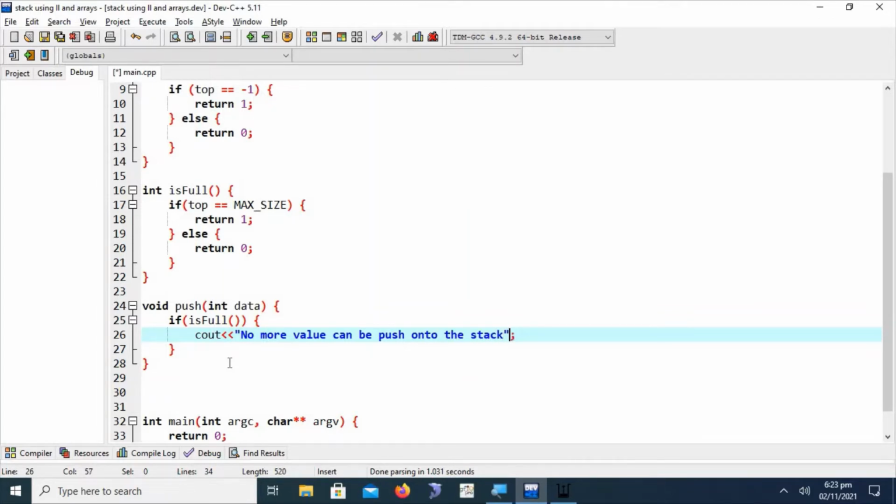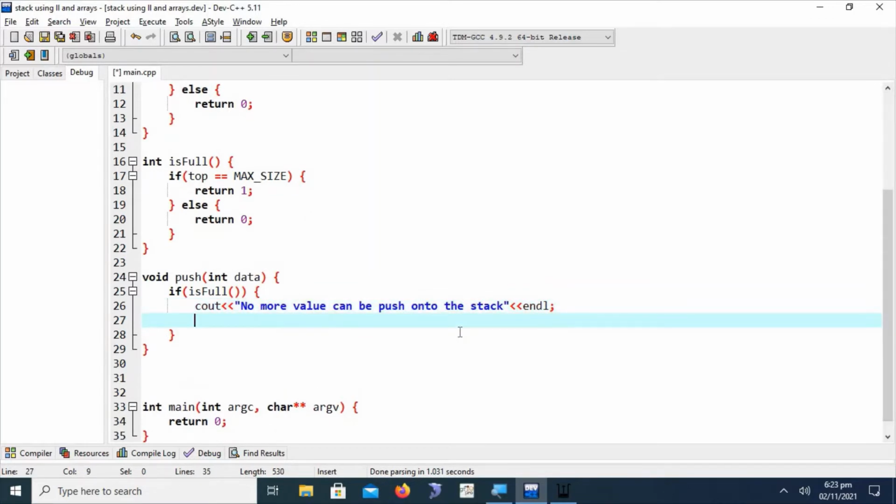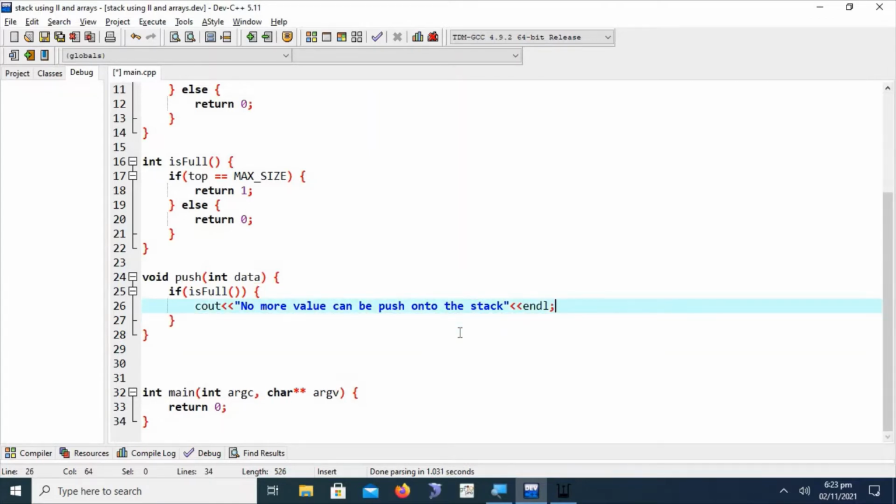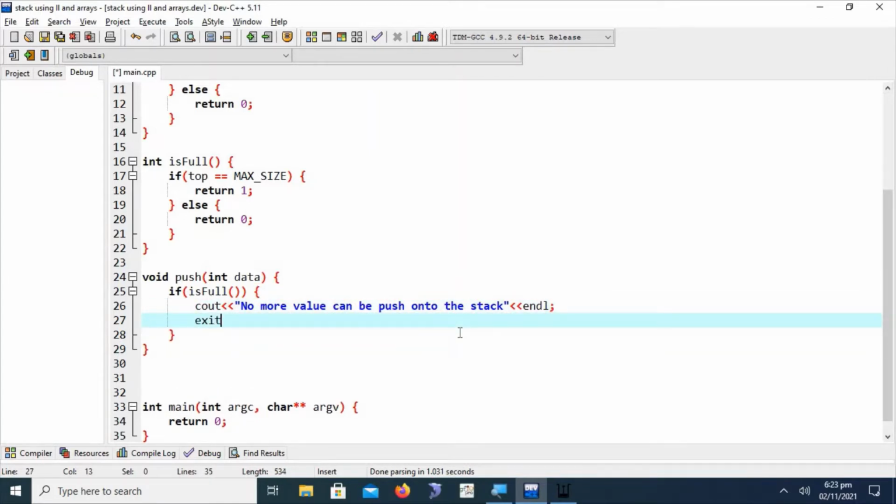Okay, here we can handle this situation. We can also return, or no, we can also exit here with exit 1.